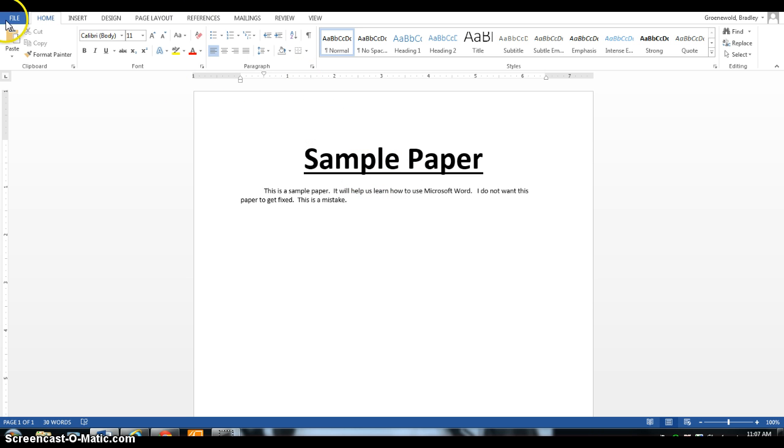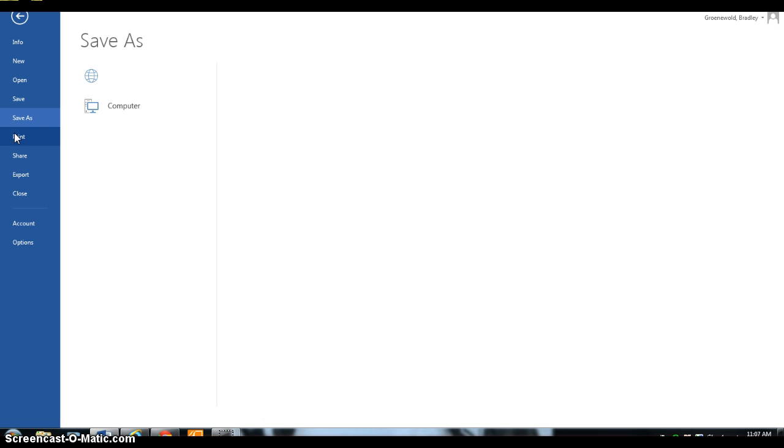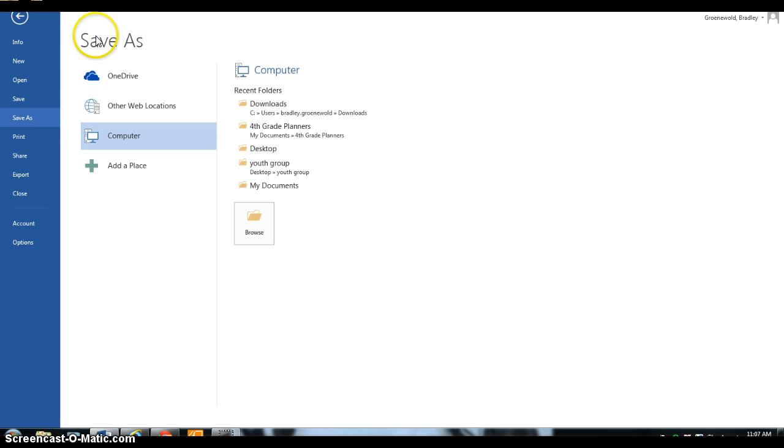Now to save, we go to the very top, and looking at my screen, I don't know if it's showing it here, but there is a button that looks like a disk. You can click on that, or you can just hold down the Control and S button at the same time, and it goes to save. So we're going to say save as,